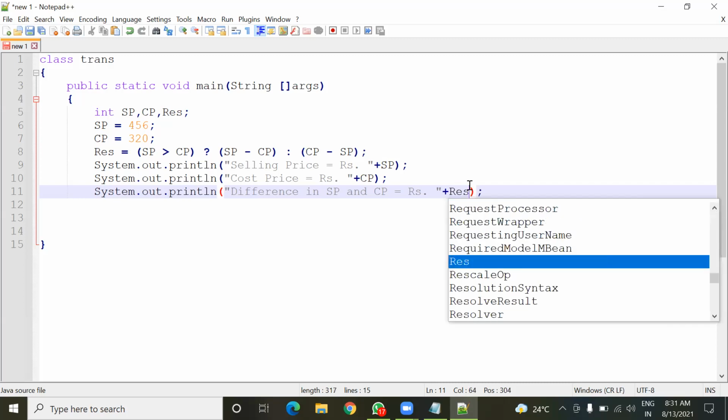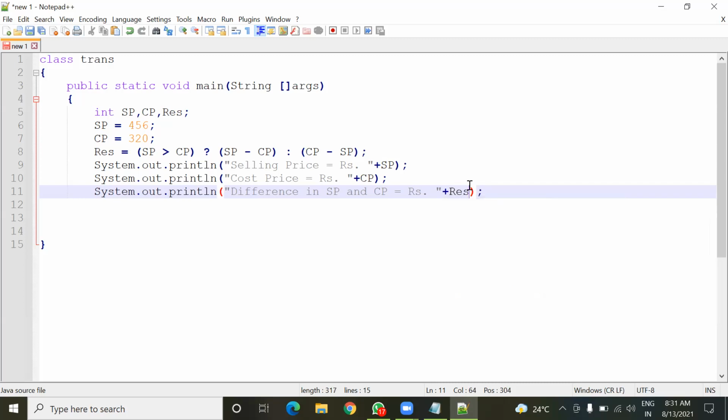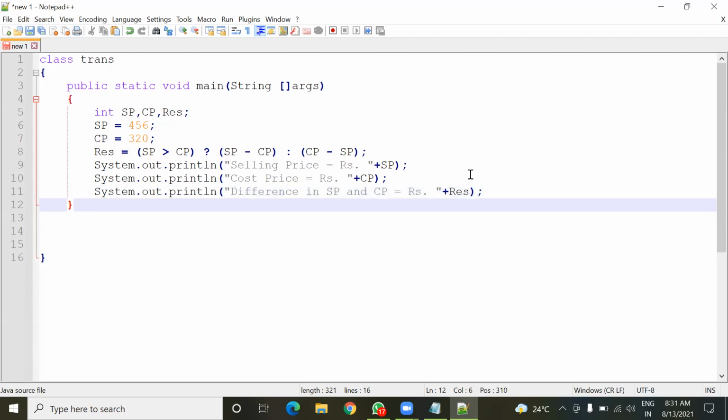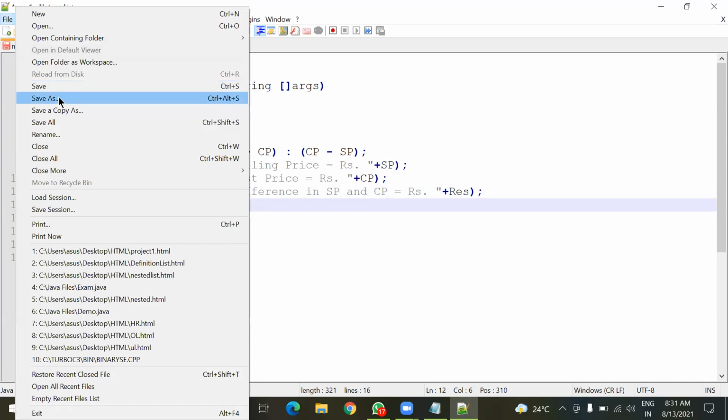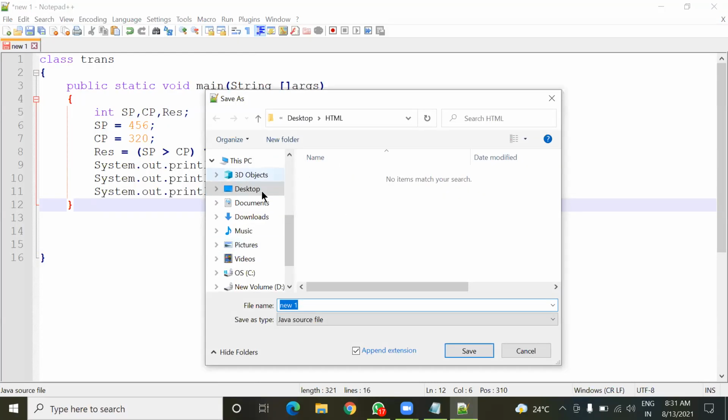So the res variable here I'll use, and now this main method block will also be closed here. So now my program is ready. So I'm going to save it.